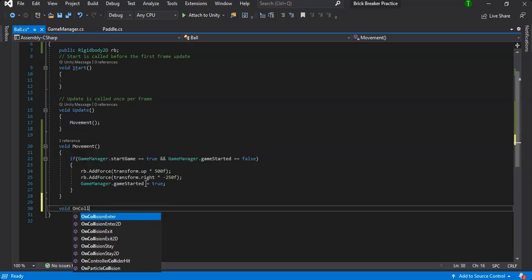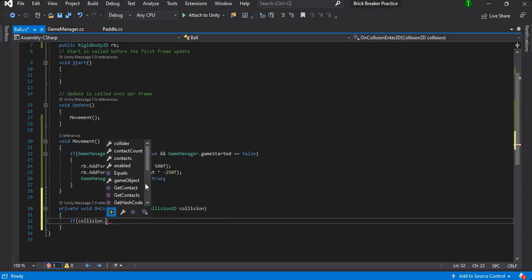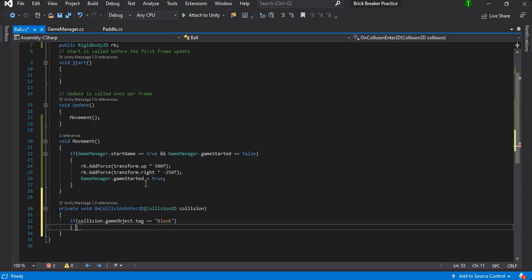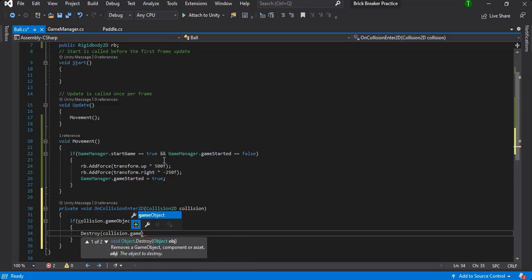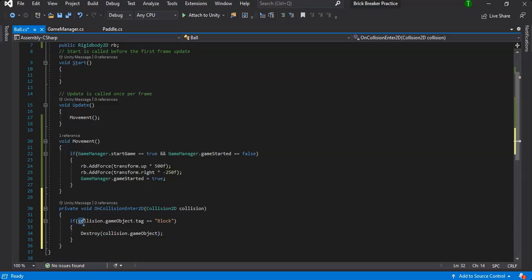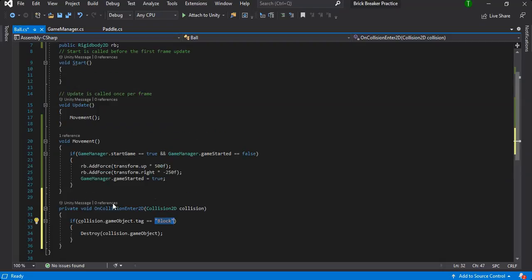Void OnCollisionEnter2D, and we'll say if collision.gameObject.tag equals block, we'll start destroy collision.gameObject. Okay, so if it intersects with something that's called tag, it'll destroy what it intersects. Okay, so we need to make sure we tag our blocks. Now that we have this in here,